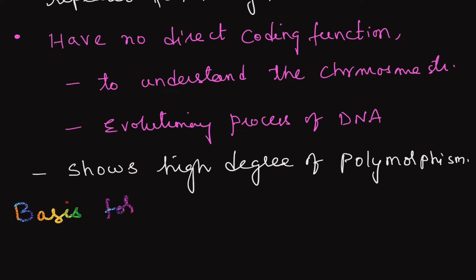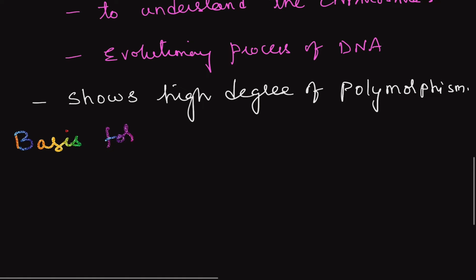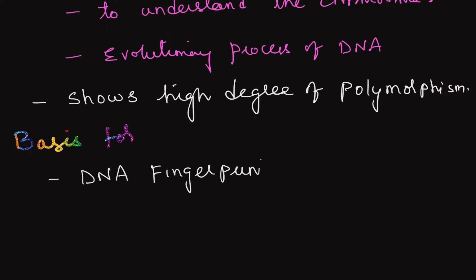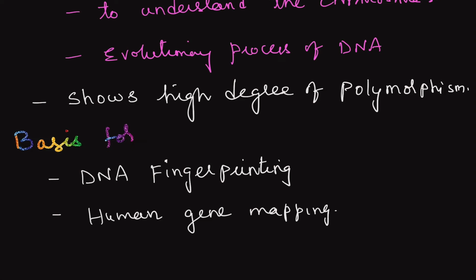This was, I think, last year's question also: what forms the basis for DNA fingerprinting? A high degree of polymorphism is the basis for DNA fingerprinting and also for human gene mapping, right? Now,